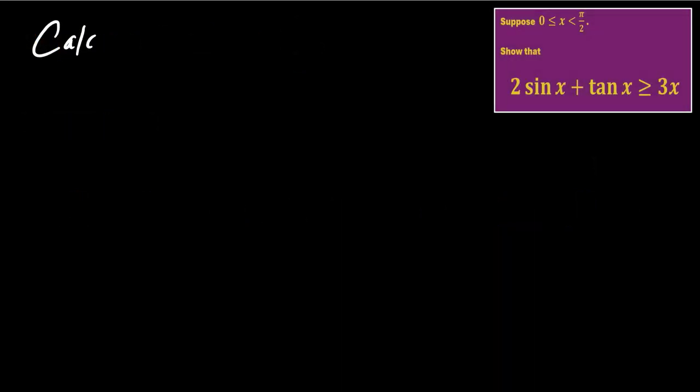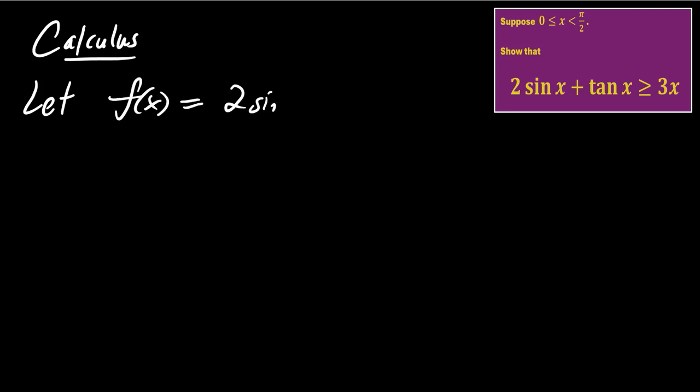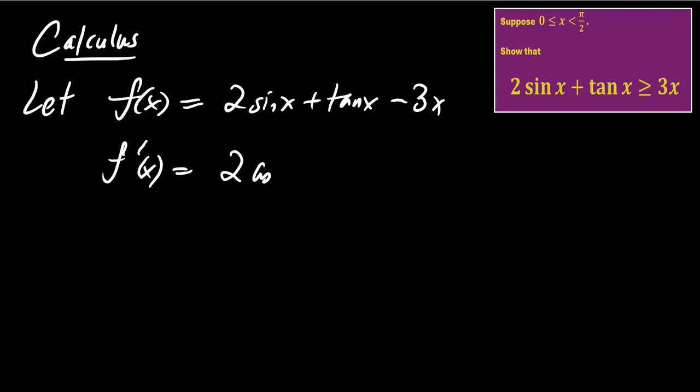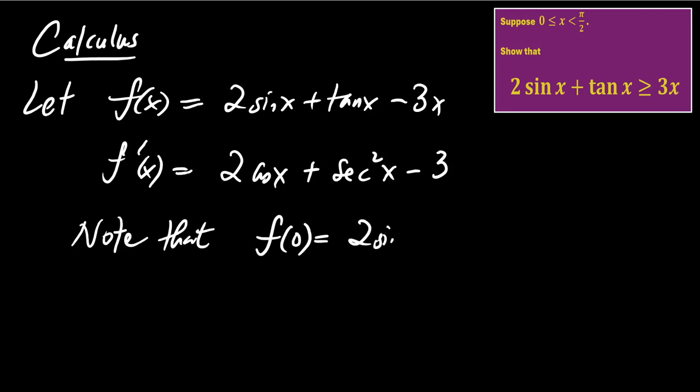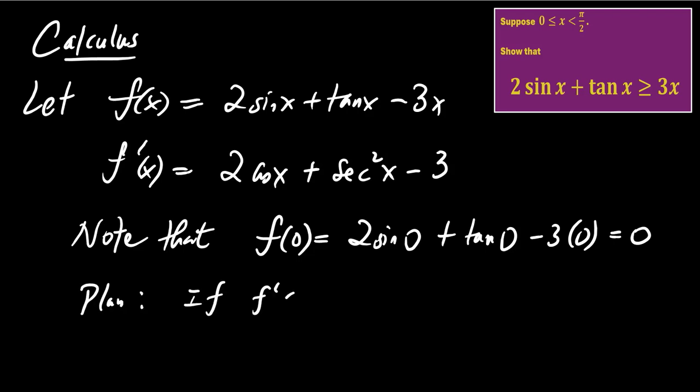If you just look at this as a purely calculus question, this is the standard way. We let f(x) be 2 sine x plus tangent x minus 3x, and f prime x equals 2 cosine x plus secant squared x minus 3. Now note that f(0) equals 2 sine 0 plus tangent 0 minus 3 times 0, which is 0. So f(0) equals 0. The plan is, if f prime x is always greater than or equal to 0,